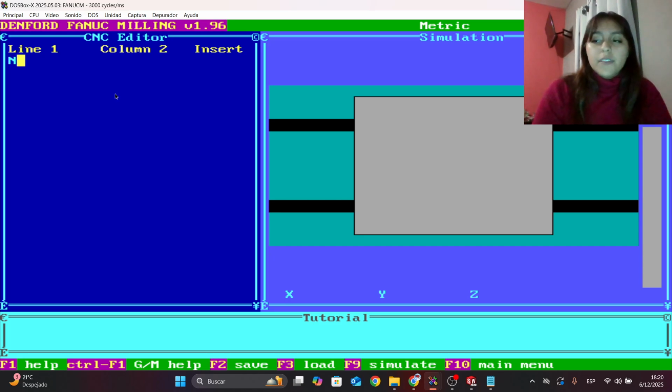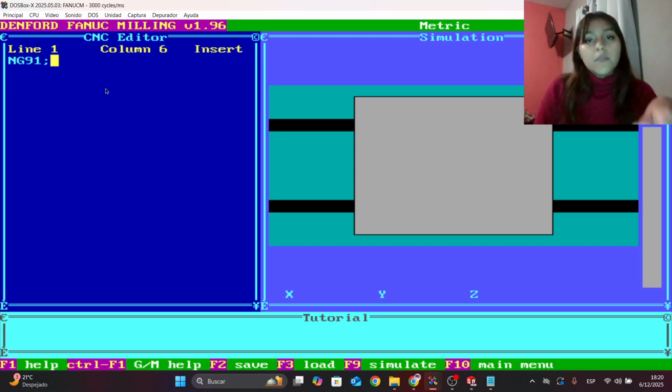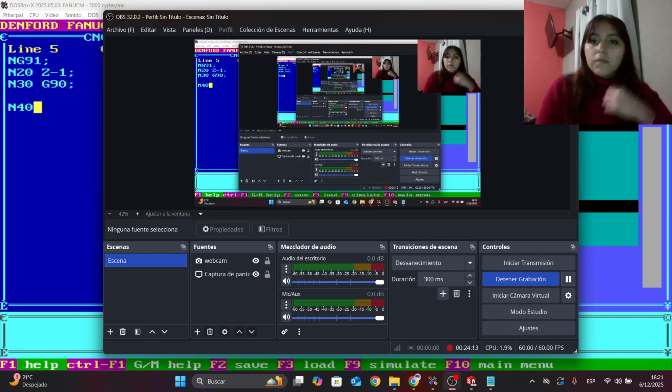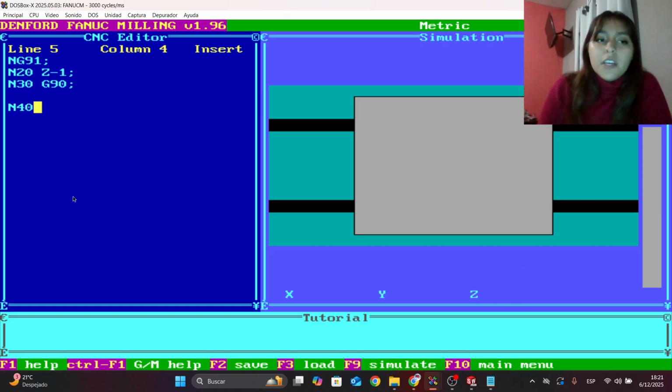So we start with the same codes that we already did. It's going to be very repetitive because it's the same basic codes. The only thing that changes are the coordinates. So I'm just going to write them down and I'll be back. We have them set in here. And now we can start with our coordinates, the ones that we're going to obtain from the